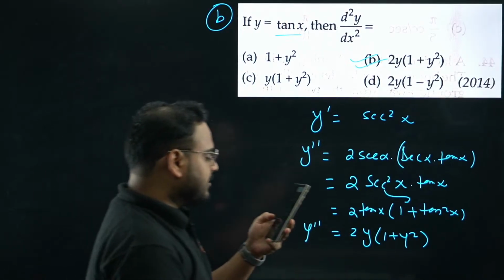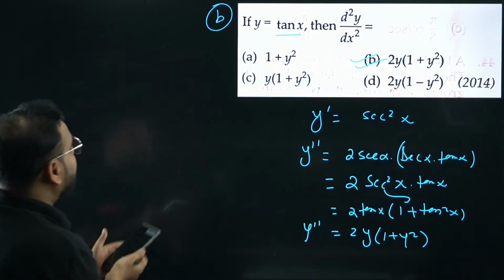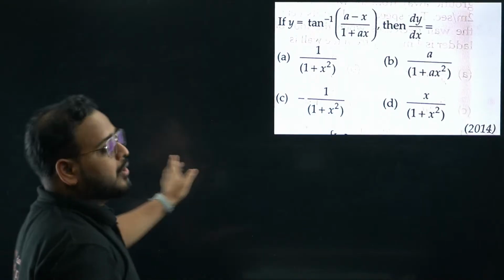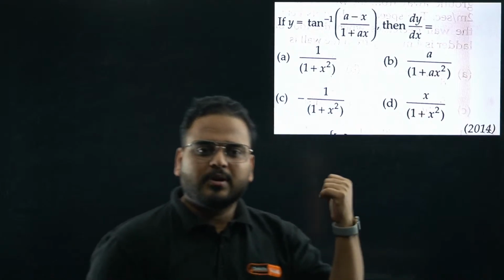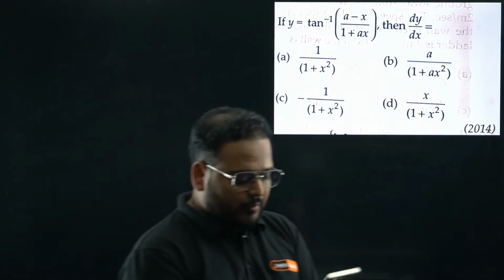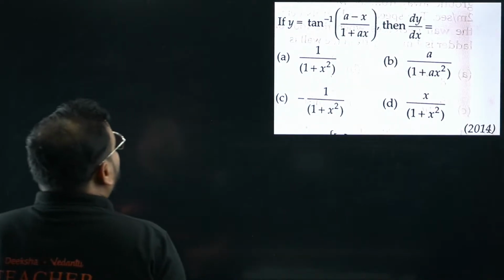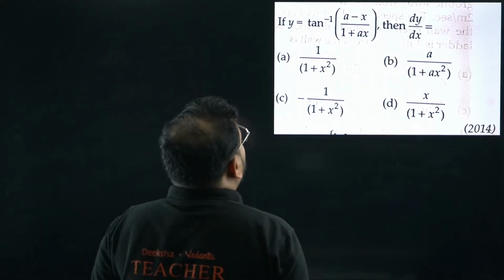All right, let's start. So guys, please come back to the questions. Question number 1 is done. Question number 2 now. I think nobody has doubt. Simple problem only, a PYQ from 2014. Solve the next one. All of you please focus on the questions now. Y equal to tan inverse of (a minus x) upon (1 plus ax).